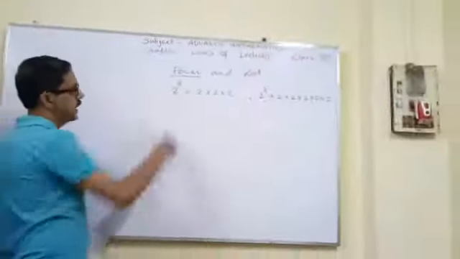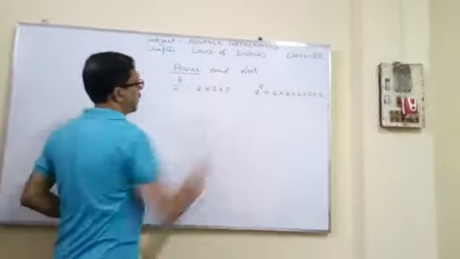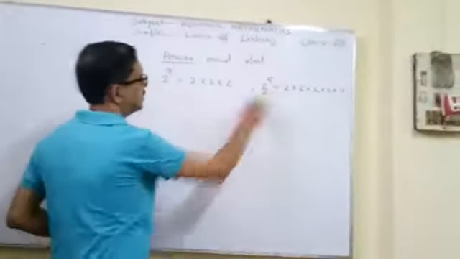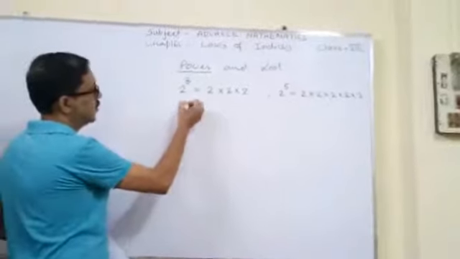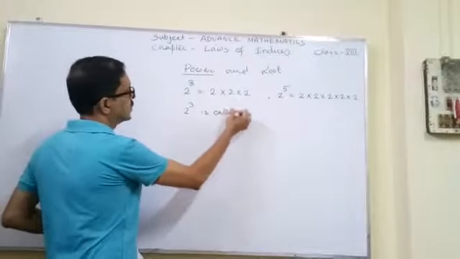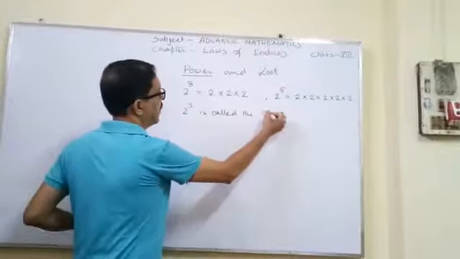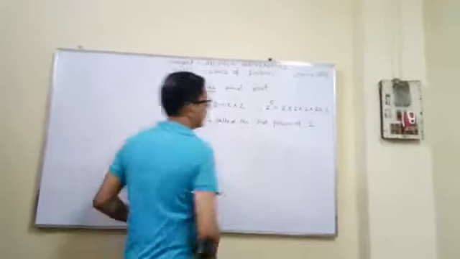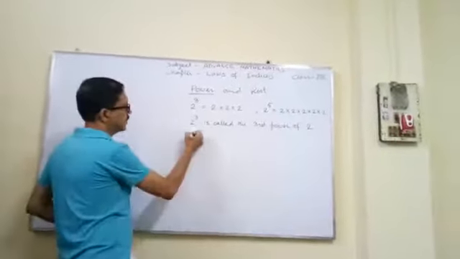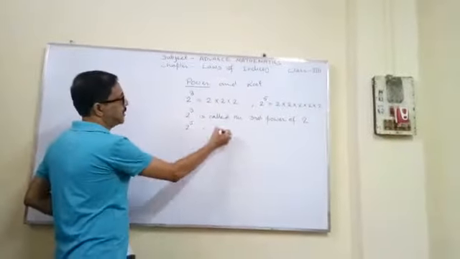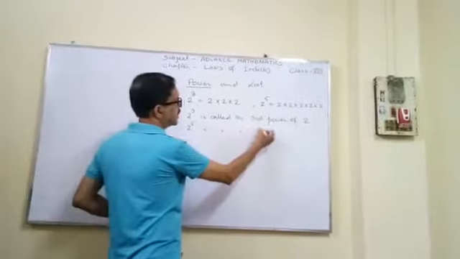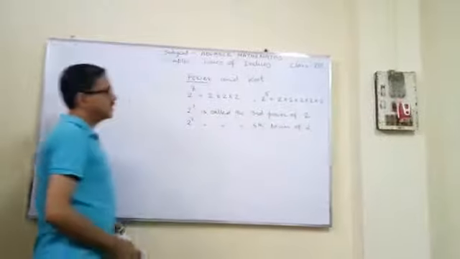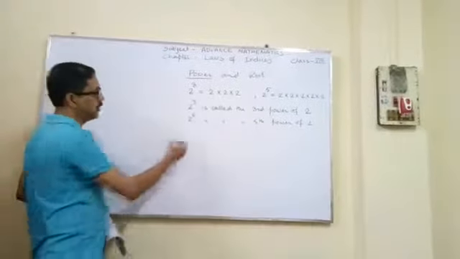That's why we say this 2 to the power 3 or 2 to the power 5 is called the third power of 2 or the fifth power of 2. That means 2 to the power 3 is called the third power of 2. Same as 2 to the power 5, it is also called the fifth power of 2. That's why if we suppose that a to the power m,